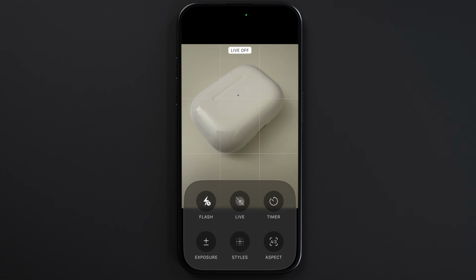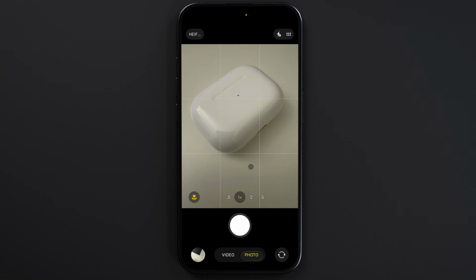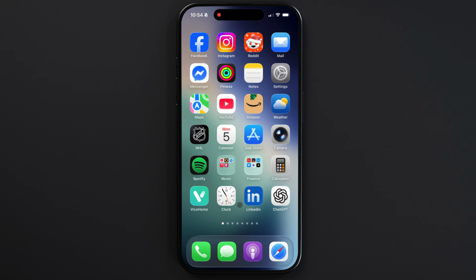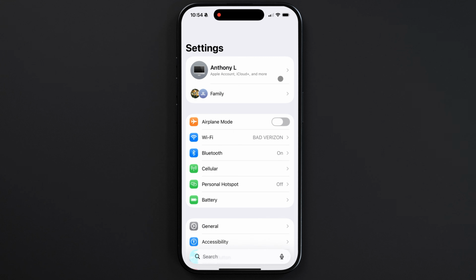If you're using an older version of iOS, the camera app is going to look a little different. On older versions, you'd see a little Live button up here in the top left corner, where you can toggle it on or off. Even after turning off live photos, your camera settings might automatically reset next time you're using